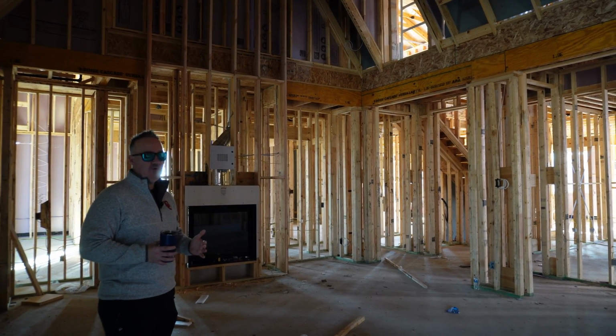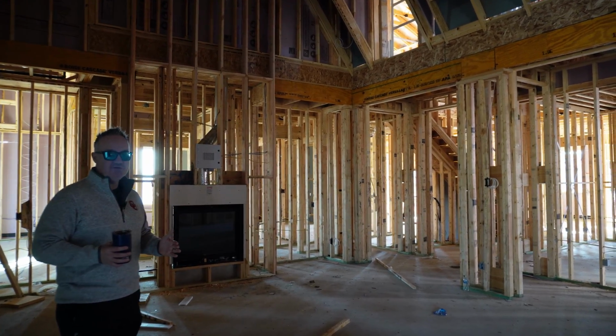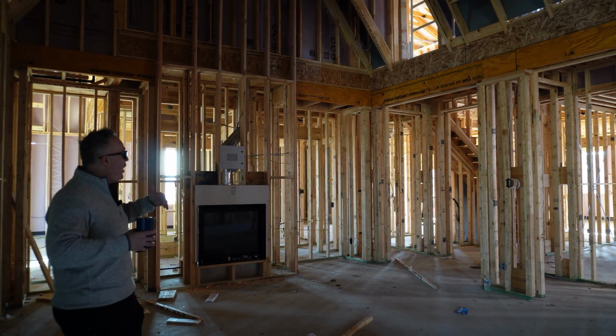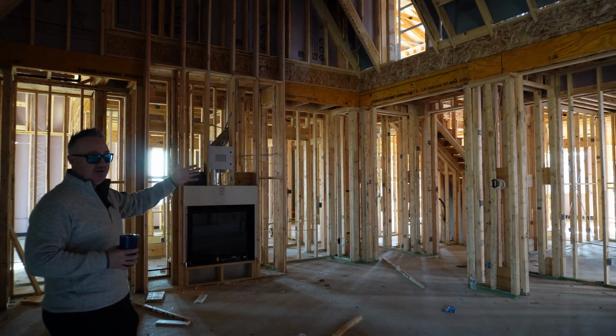'Cause they're like, I would rebuild the whole room. It's like, no, you wouldn't. Nobody has the budget to do that. You're just going to put the speaker where the speaker goes. Stop being ridiculous. So when you walk the job and you realize there is wood here, you have to make